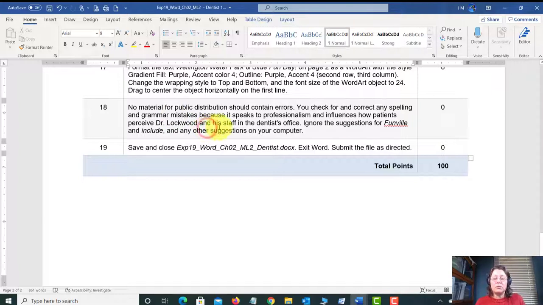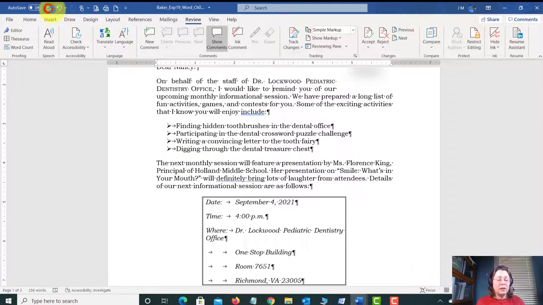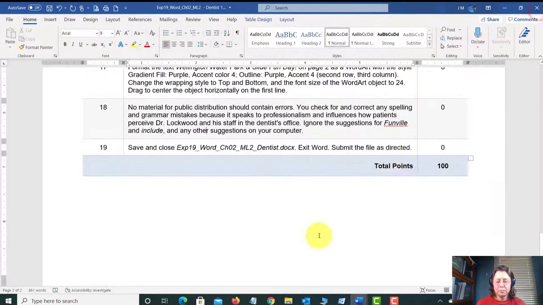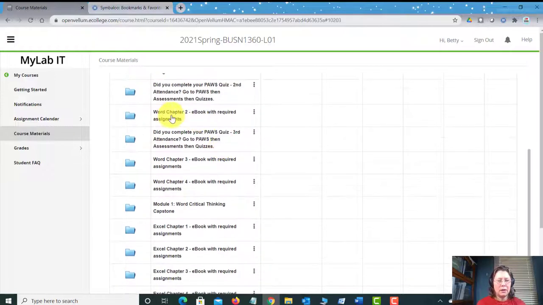So what else? That was that whole instruction. Now, it does remind us to save the file. Hopefully, you've been doing that as you go. I do not claim to be perfect. I might have some errors. Oftentimes, when I talk too much and I start demonstrating too much, I create some little problems in the document that my IT lab identifies. I hope that's not the case, but let's see. So I'm going to close, and I'm going to go back over here and down to my Word Chapter 2